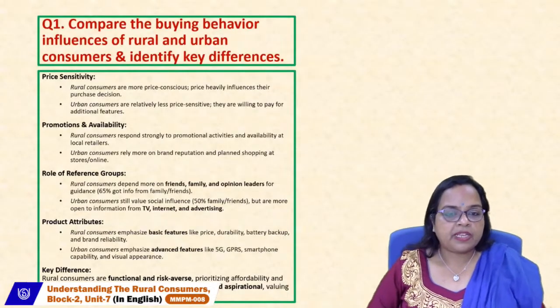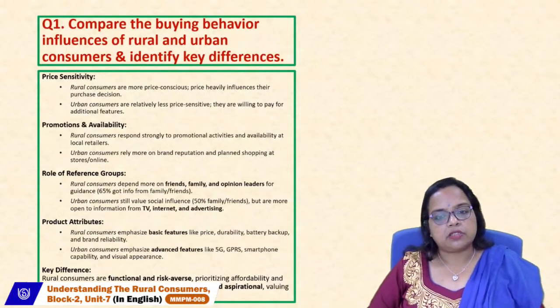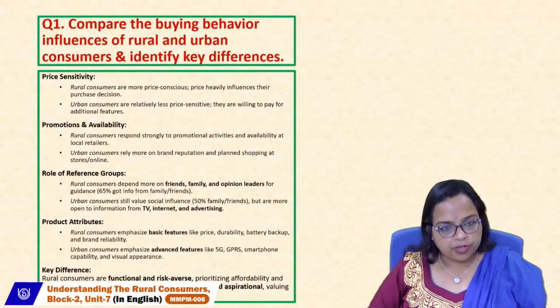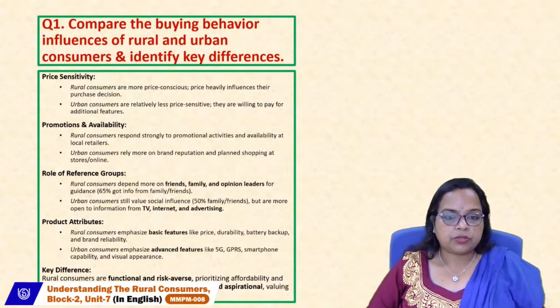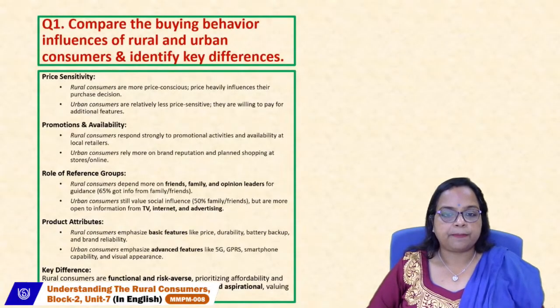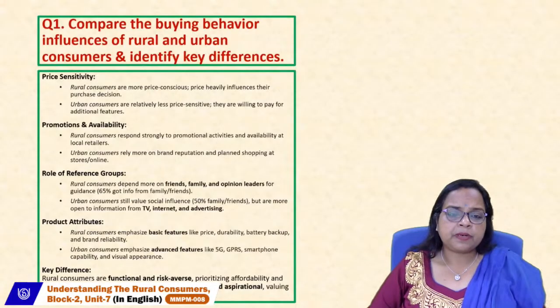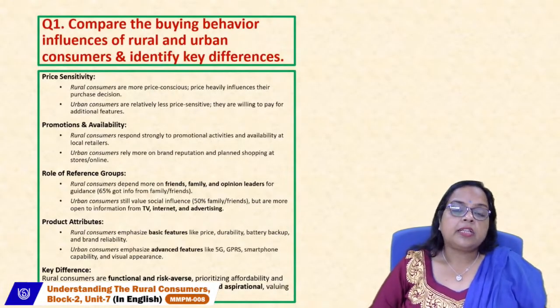Rural consumers are more price conscious, while urban consumers are relatively less price sensitive. They can pay more for their exact need of a product. Rural consumers depend heavily on the price the marketers are offering, because as per the price they go for their buying behavior. If it is costly for them, they will not go for it. If it is in the range they have pre-decided, then they will go